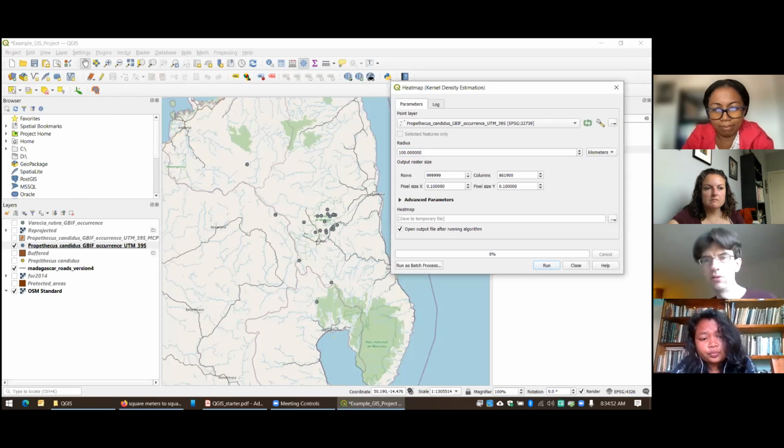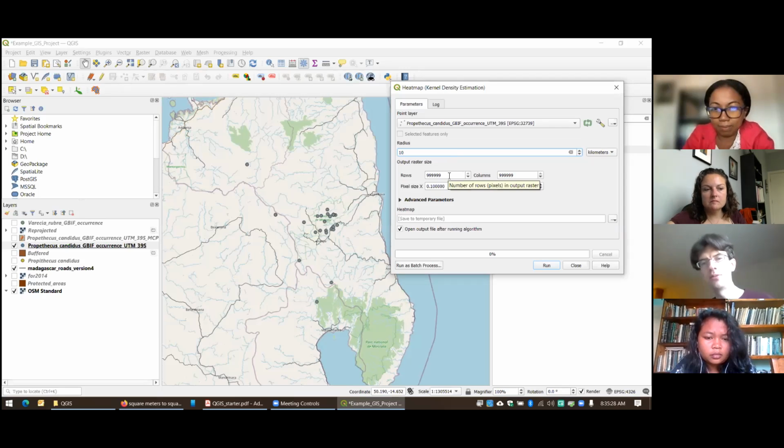So let's do that. Let's just do a very simple 10 kilometers just to see what that looks like. So I want to do a heat map that uses a 10-kilometer radius. So in other words, it goes out from each of these points 10 kilometers and then sweeps through and sees how many neighbors it has and uses that to calculate how dense to make each of those pixels, how it increases the value of the pixels based on the number of neighbors that it has. So let's just pick a radius of 10.